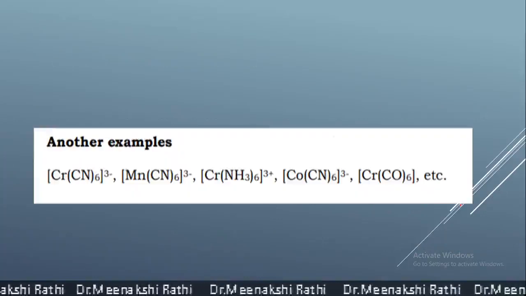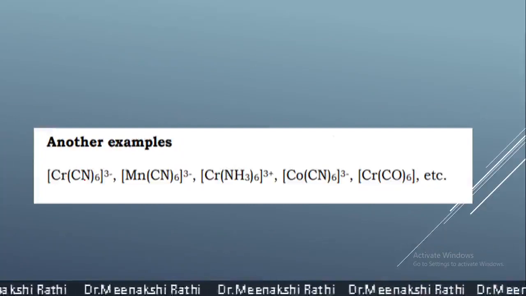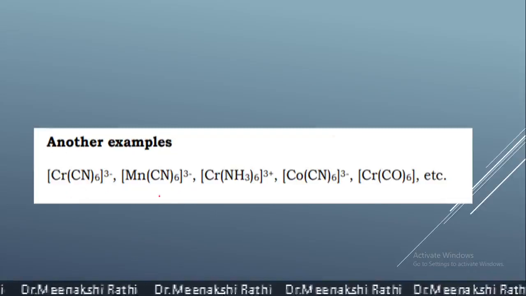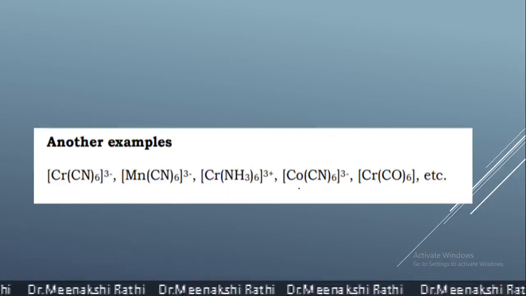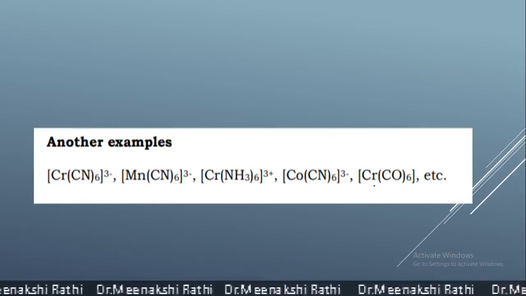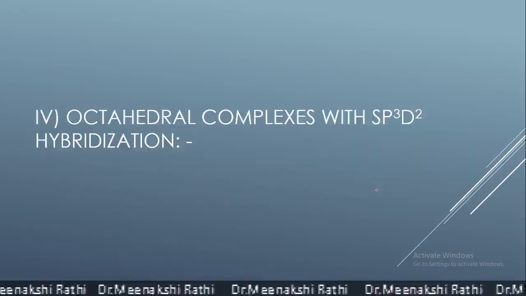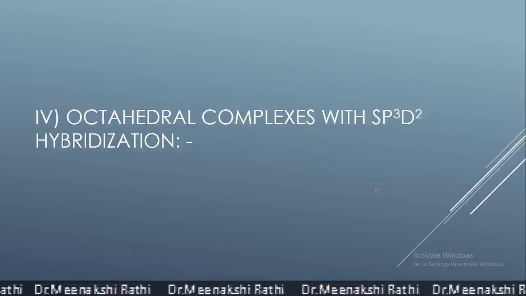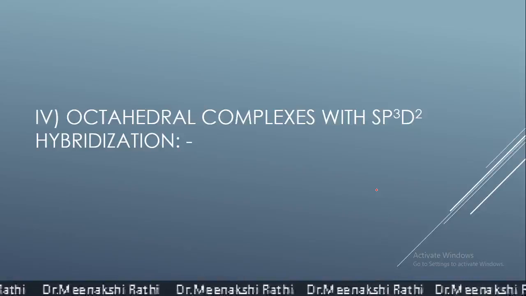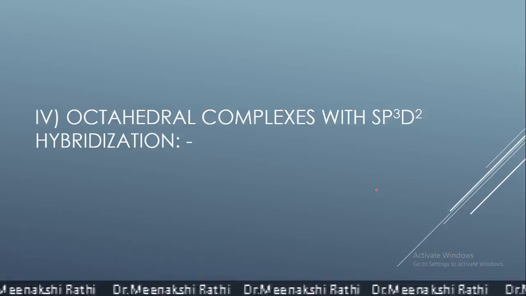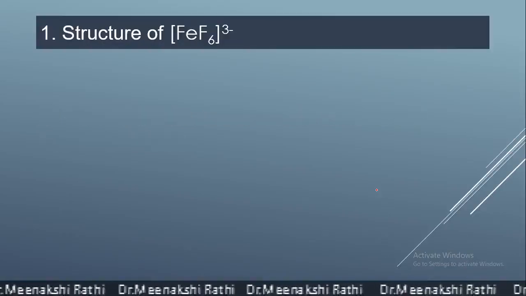Other examples of d2sp3 hybridization with octahedral geometry are hexacyanochromate, hexacyanomanganate, hexaamine chromium, hexacyanocobaltate and hexacarbonyl chromate. These are the examples. Other octahedral complexes possess sp3d2 hybridization. The example of sp3d2 hybridization is